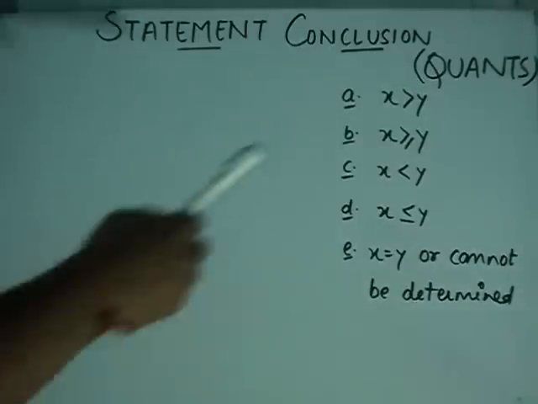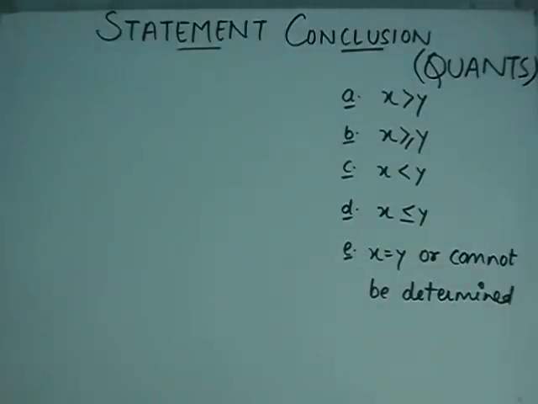These are the 5 cases like A, B, C, D and E. We discussed how to calculate the roots of the equations, and on that basis how to calculate the relation between these two entities when the two equations are given. We discussed the determinant method and the factorization method, but in this video we try to reduce our time while solving the questions. So let's discuss questions which help you understand the topic more clearly and solve the question in lesser time.